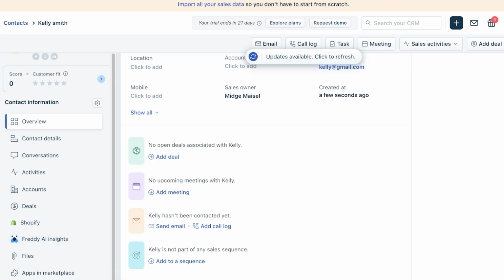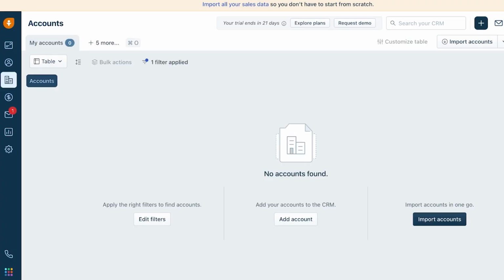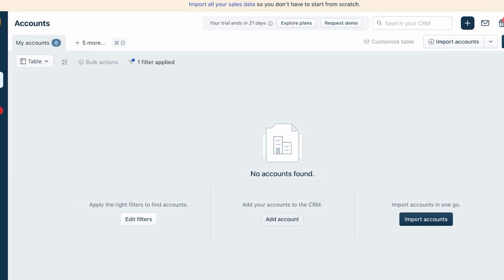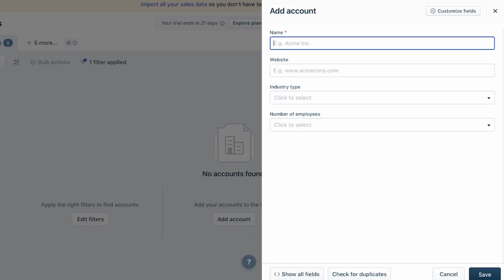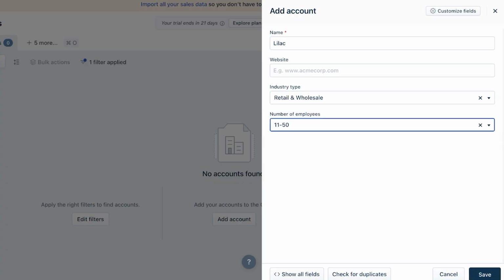Now, moving forward, let's start by adding our first account. We're going to go under accounts here, and then we're going to click on add account to start adding our first account into our account section for sales. So let's say this is going to be called Lilac, and then we can choose the industry type. Let's say this is a retail and wholesale industry, and they have 11 to 50 employees, and I'm just going